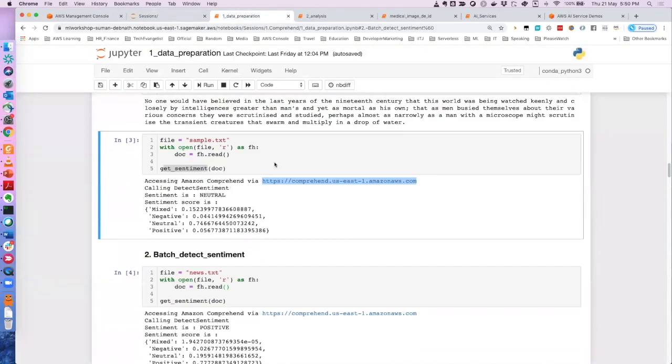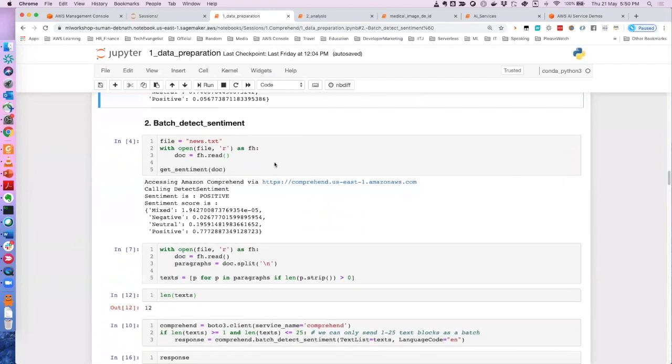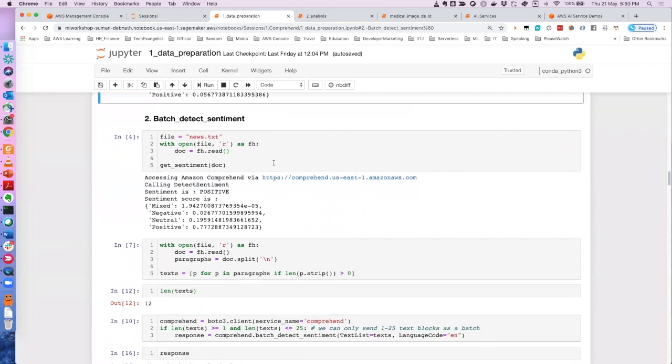So now let's move on. Let's say I don't want to do a text analysis based on the whole text. Let's say you have a whole book. You have taken a PDF copy of the whole book, and you want to know which part of this book contains more positive stories or more negative stories, so that you know how the author has changed the storyline, right?